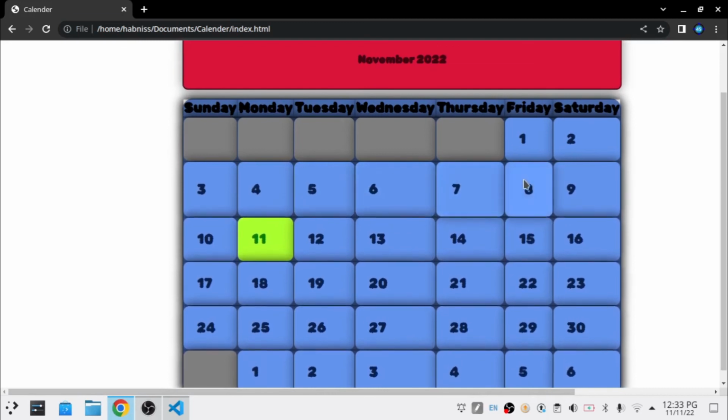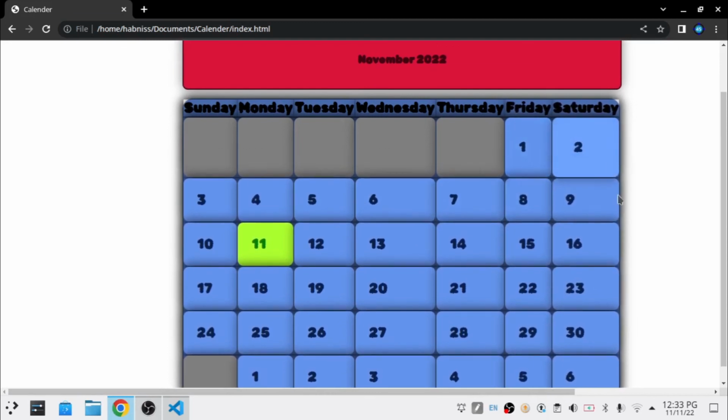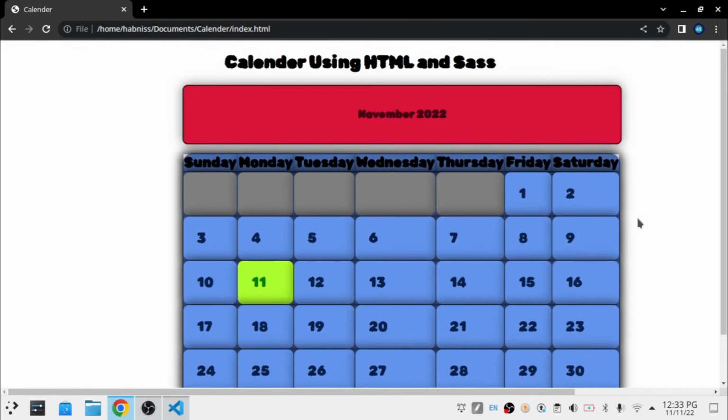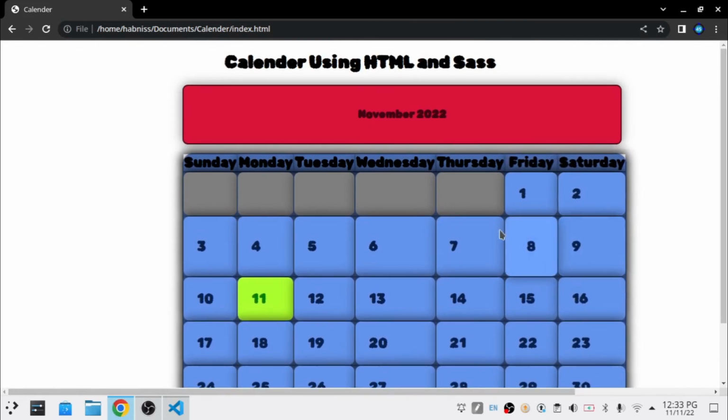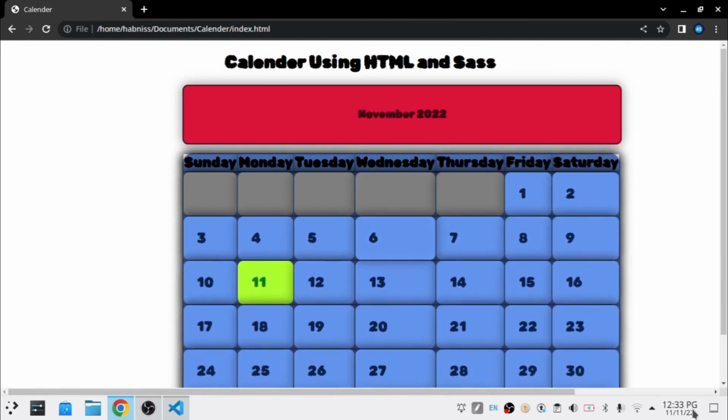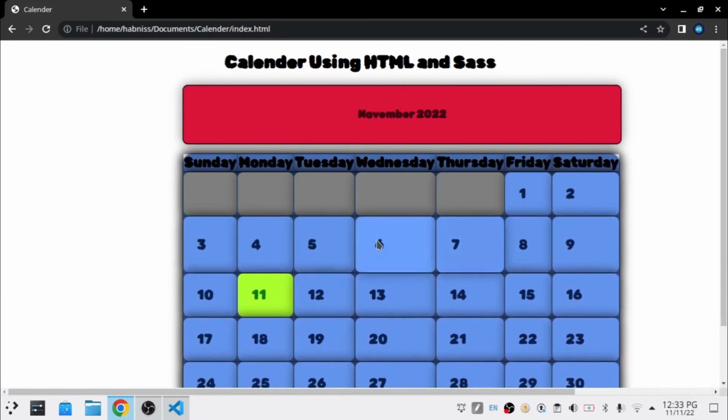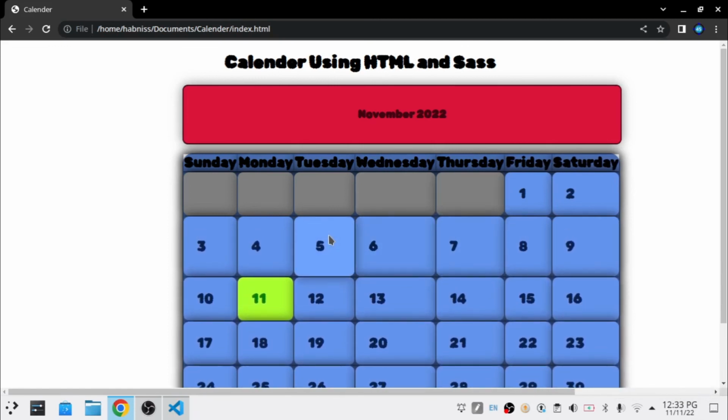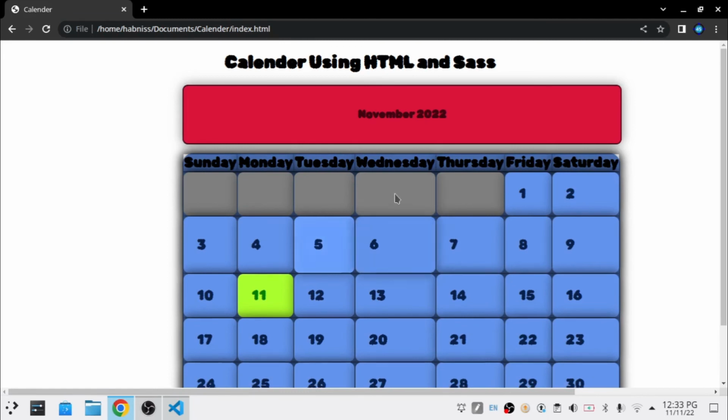So now we have a beautiful calendar thing. But sadly it isn't responsive, so whenever the date changes, you have to write everything manually by yourself. But if you want to do that anyways,